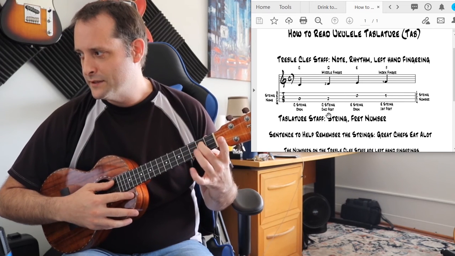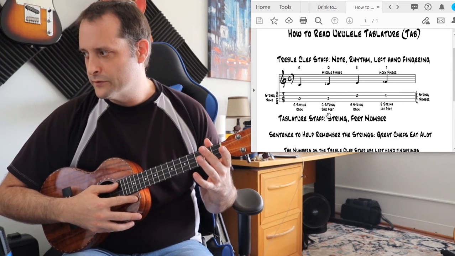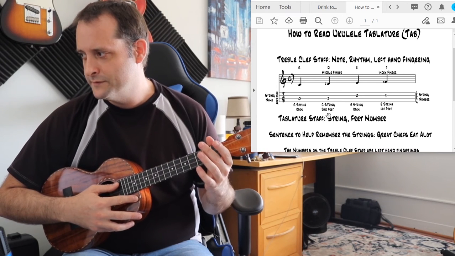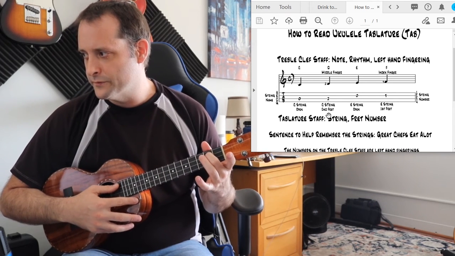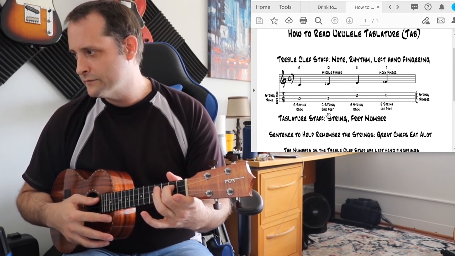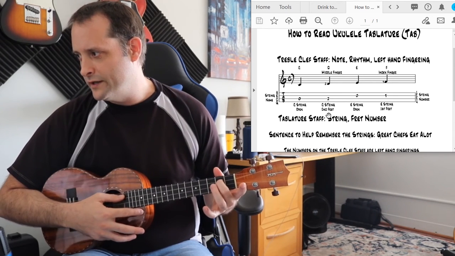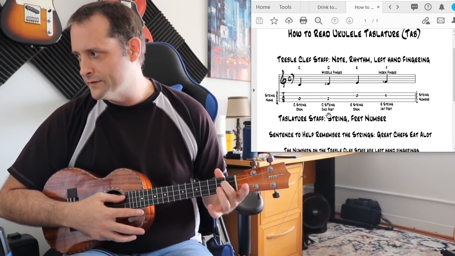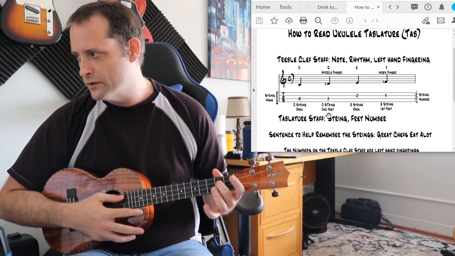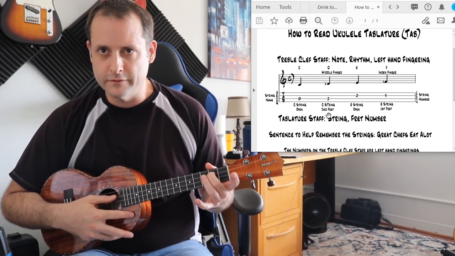All right, now when you press down on a fret, remember you always want to keep your ukulele balanced on this side of your hand, not like this. And then you press down with the tip of your finger, arch your finger. See how my finger is arched? I've got the tip of my finger on the note. Press down right in the middle of the fret. You don't want to get back on this side of the fret. You also don't want to be up on top of the metal part. Be right behind it or right in the middle of the fret. And then let's play that note. Ready, and